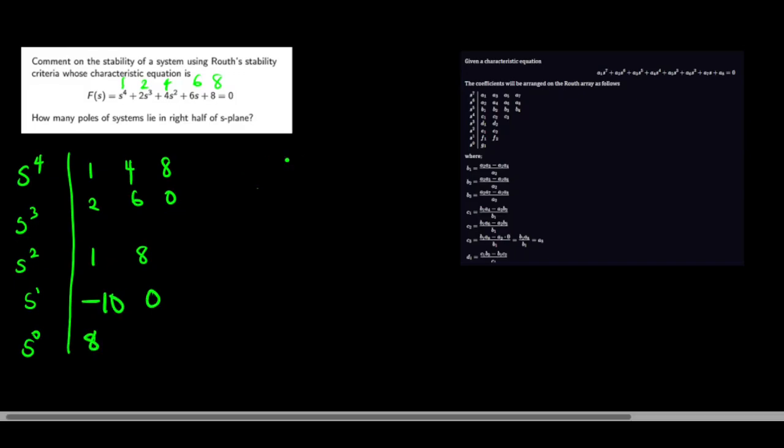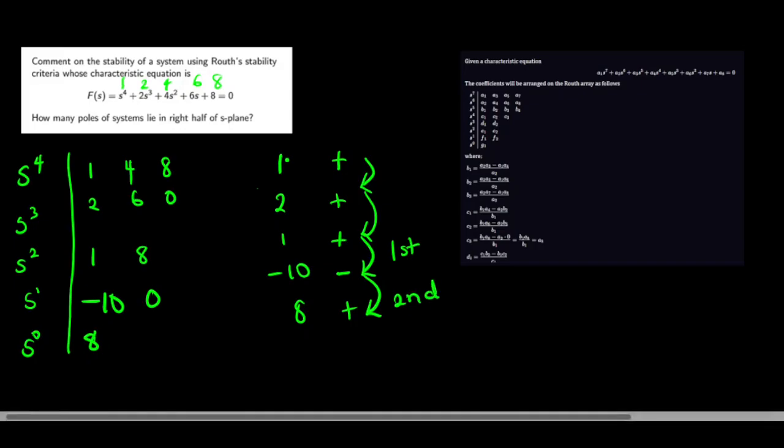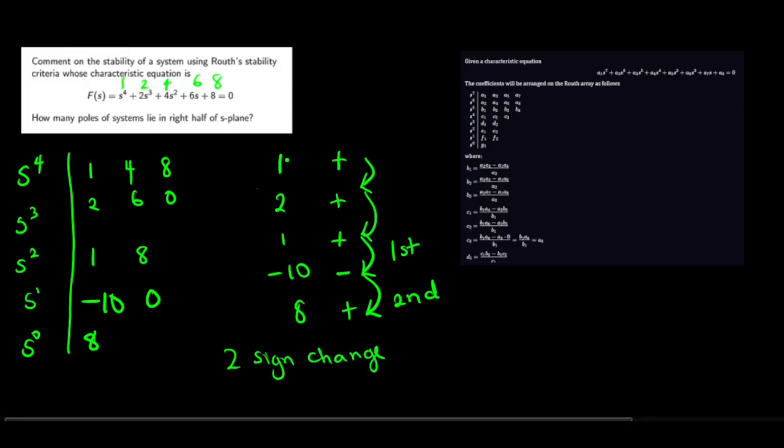We can now check for the stability. So 1, 2, 1, minus 10, 8. You can see this positive, this positive, this positive, this negative, then this positive. So no sign change, no sign change. From here to here is one sign change. Then from here to here is another sign change. So don't get confused on how to count how many sign changes there are. In this case, there are two sign changes, which means that there are two poles lying on the right